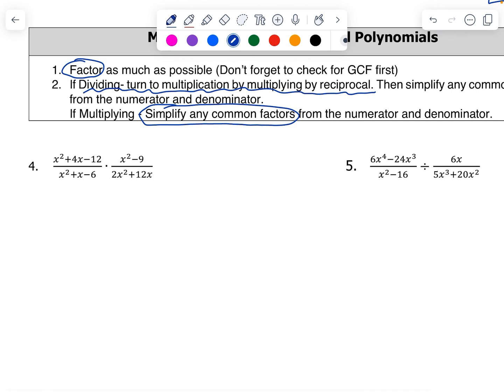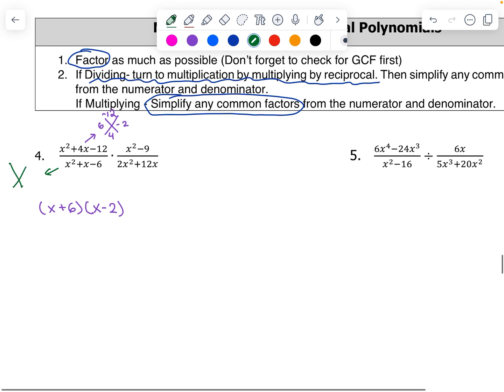So I'm going to go ahead and factor just more parts. There's 4 parts to factor now. So my numerator, I'm going to be looking for something that multiplies to negative 12 and adds to 4. That would be 6 and negative 2. So I'd write that as x plus 6 times x minus 2. My denominator for this one, I would be looking for what multiplies to negative 6 and adds to 1. That would be 3 and negative 2. So my denominator would be x plus 3 times x minus 2, times